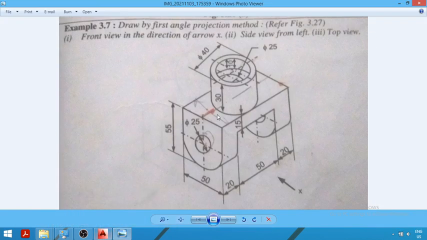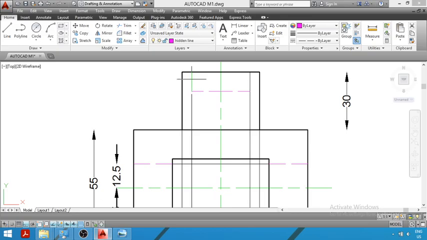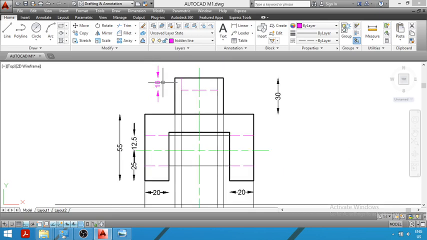You can see here the height is given as 10 mm, height of the upper hole. So we will take a distance of 10 mm on the upper side. I will show the dimension. So you can see that the height of this part is equal to 10 mm. So from this point to this point you will take a height equal to 10 mm, and then you will draw a dotted line. You can see this line is what? Dotted line, hidden line, since the hole is not visible. And then again from this point to the upper point you will draw a dotted line.